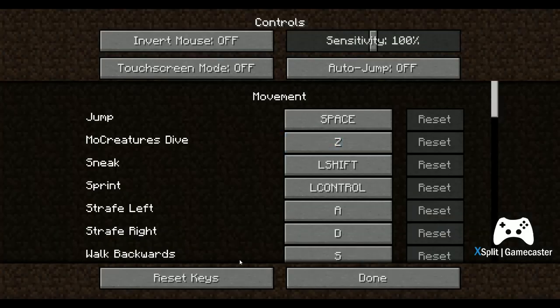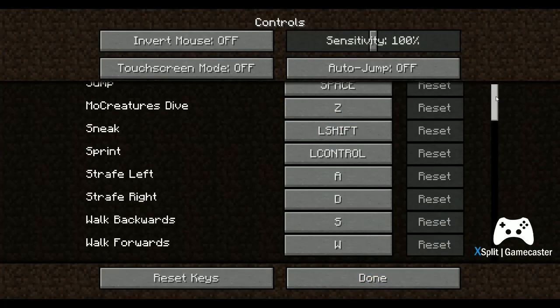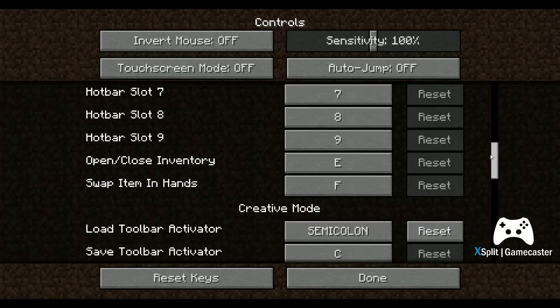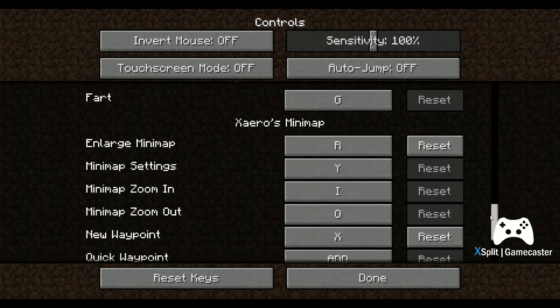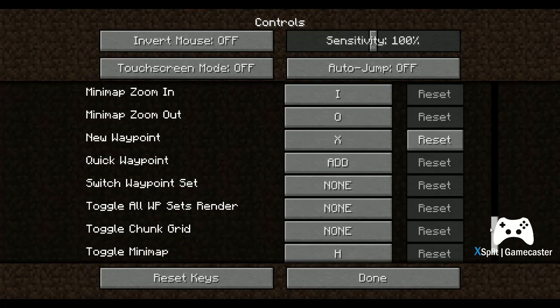And I completely forgot what I was doing back here. Let's see, is there a way to have the minimap thing? Minimap, okay. I really don't need...